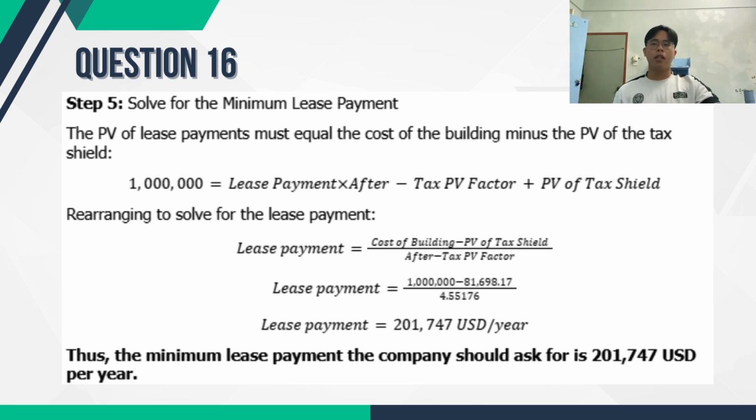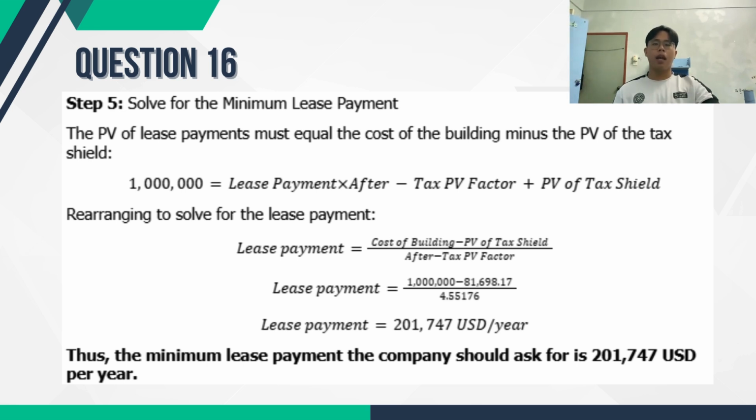Then we rearrange to solve for the lease payment, which is the lease payment equal to the cost of the building minus the present value of the tax shield, divided by the after-tax PV factor. We substitute the numbers into the formula. It would equal lease payment equal to $1 million minus